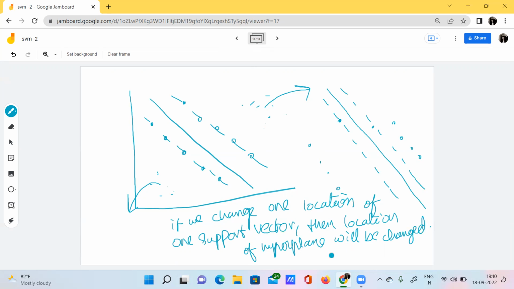So this leads to overfitting. It leads to overfitting the training data.